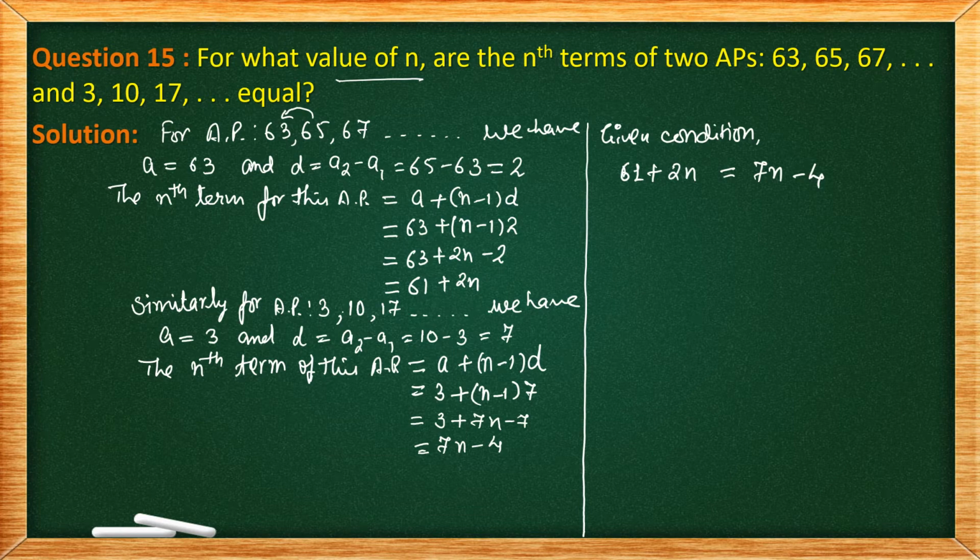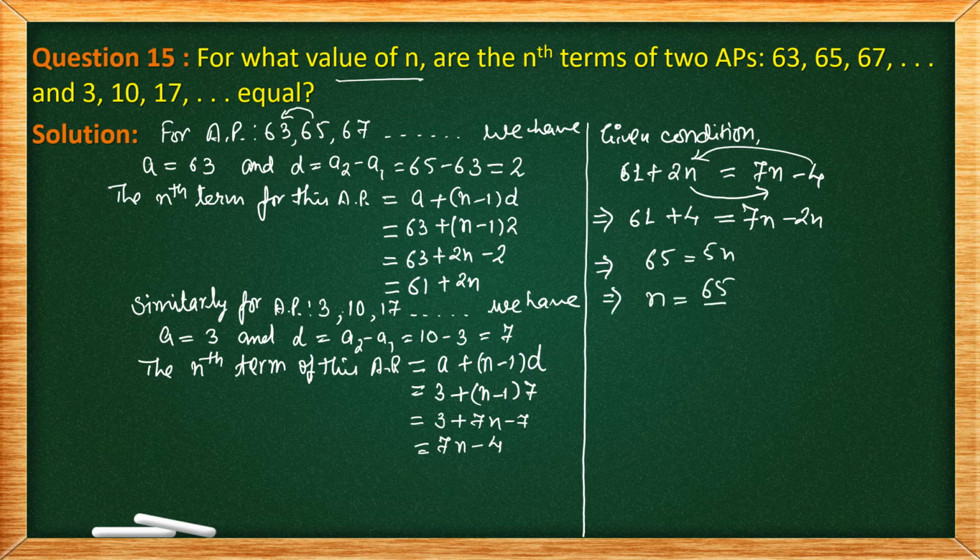Both the APs have their nth terms equal. So this implies that 61 plus 4, we have transposed this 4 from this side to this side, and also transposed 2n from left hand side to right hand side. So this is 7n minus 2n. This implies that 65 is equal to 5n, implies that n is equal to 65 upon 5,